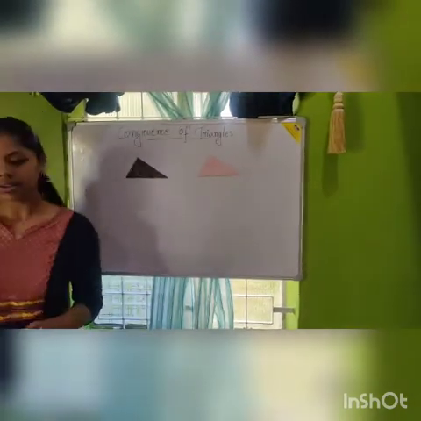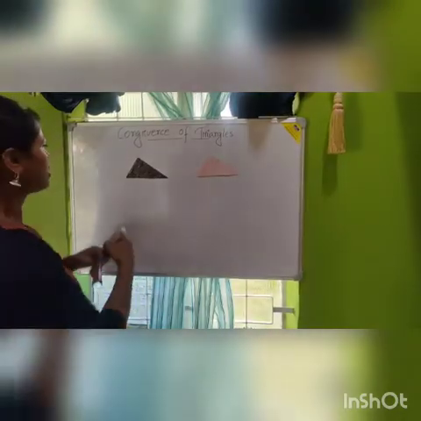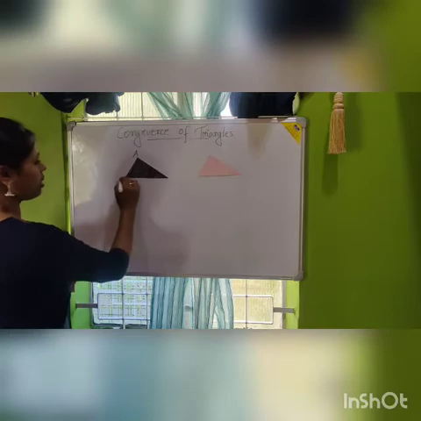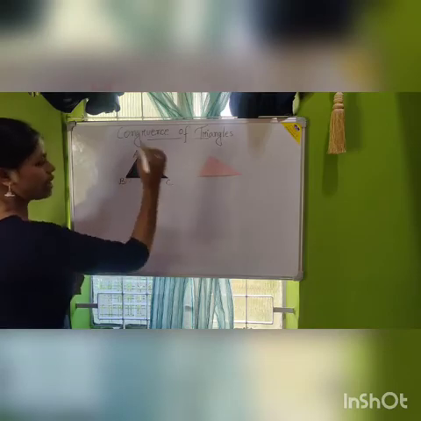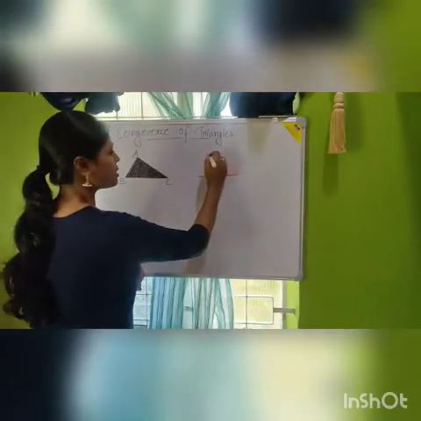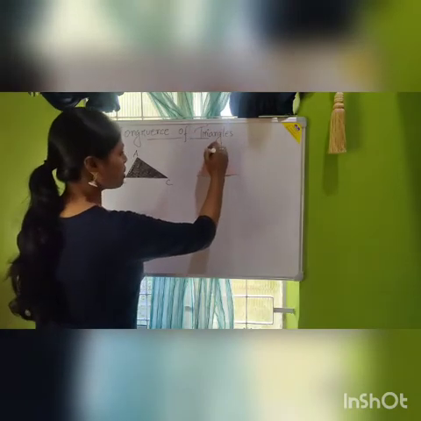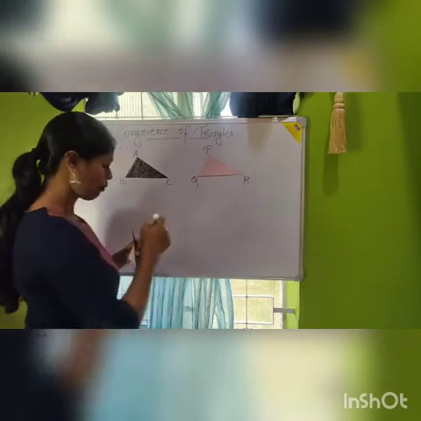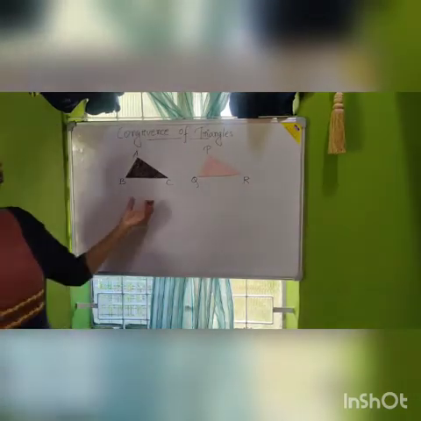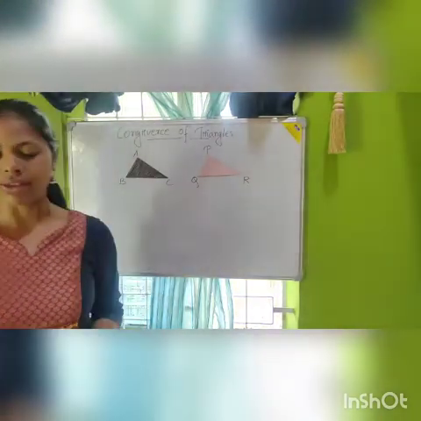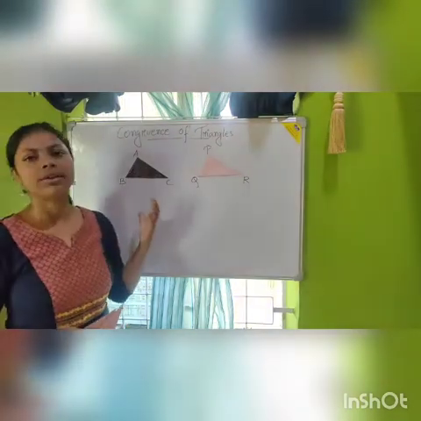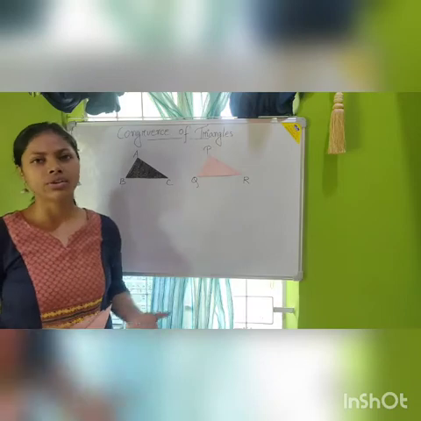Let us name these two triangles. Suppose the vertices of this one are A, B and C, and the vertices of the other we name with other letters, suppose P, Q and R. These two are random triangles we have cut out from paper. Now we don't know whether these two are identical, or congruent, or not.